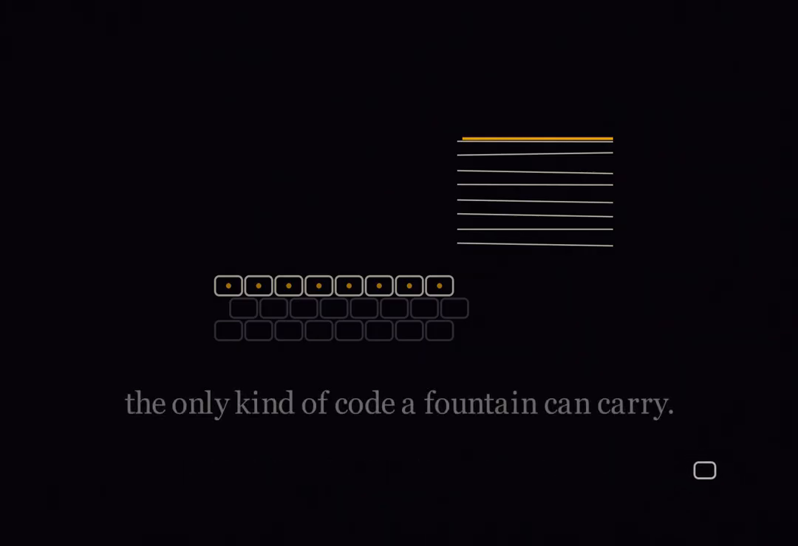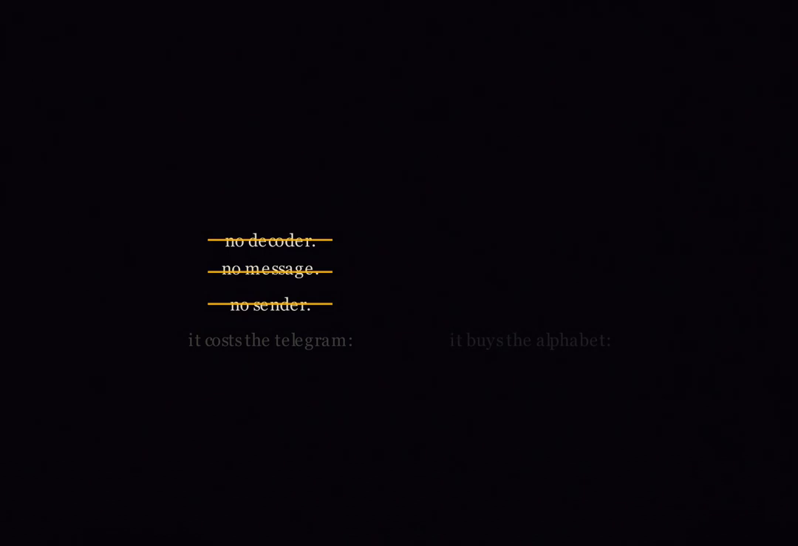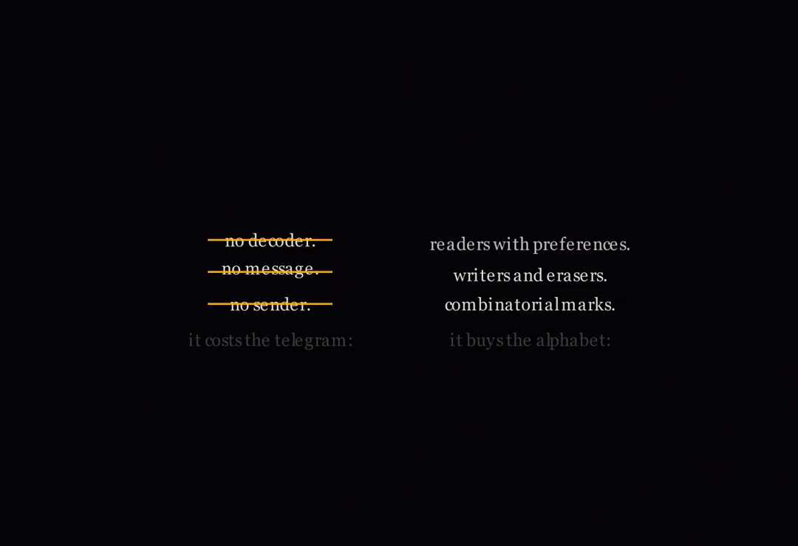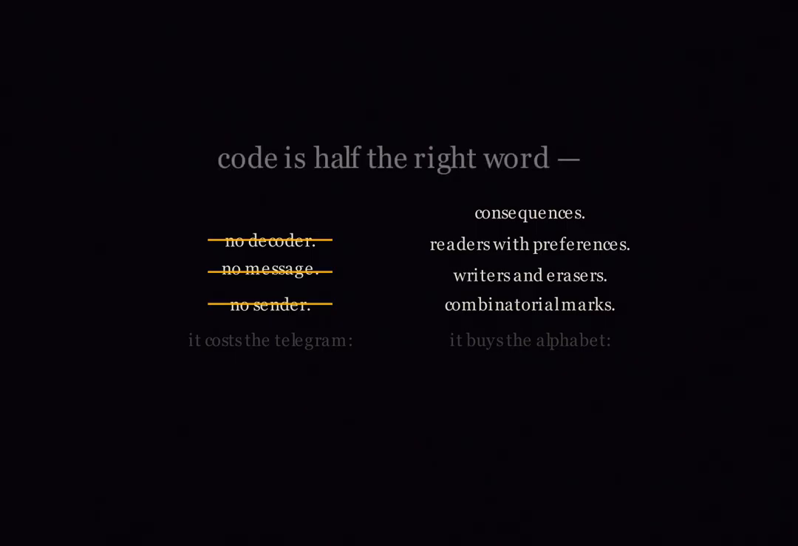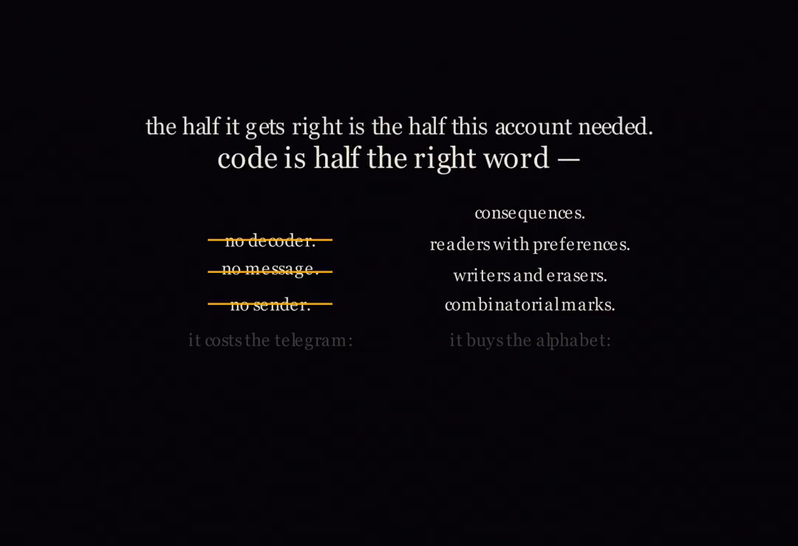Probabilistic signaling is not the tubulin code falling short of the histone code. It is the only kind of code a fountain can carry. So the name audit closes, and the word is kept, knowing what it costs. It costs the telegram, no sender, no message, no decoder. It buys the alphabet, combinatorial marks, distinct writers and erasers, readers with preferences, consequences. Code is half the right word, and the half it gets right is the half this